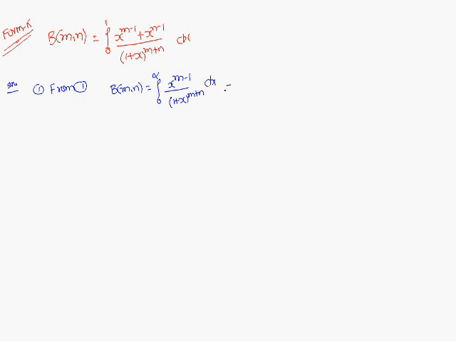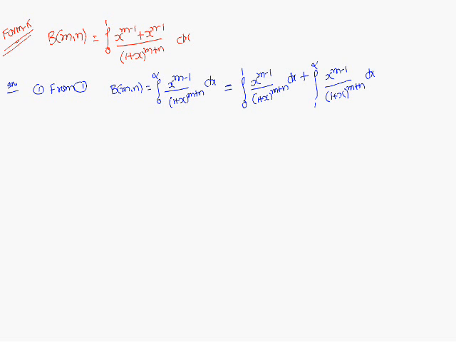This is nothing but equal to this integral 0 to infinity. You can write it as integral 0 to 1 x power m minus 1 by 1 plus x whole power m plus n into dx plus integral 1 to infinity x power m minus 1 by 1 plus x whole power m plus n dx. Okay,